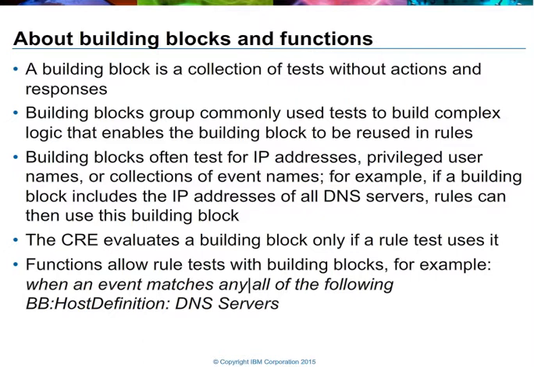QRadar ships with a large collection of building blocks already defined and uses them throughout the default rules set. In order to use building blocks within a rule, you use a function which tests whether or not that building block resolves to true. In the example shown, we're testing for, does this event match any of our known DNS servers? By convention, building blocks shipped with the QRadar rule set have a prefix of BB,